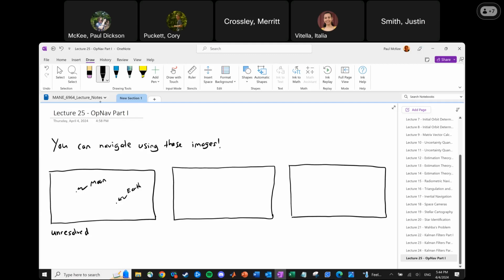Does this sound like something else we talked about at one point? It's like you've got a line of sight direction to a known position and then another line of sight direction to a known position. Similar to Gibbs method, it is. So if you had measurements over time, this would be Gibbs method. If you just had this one image, this would actually be